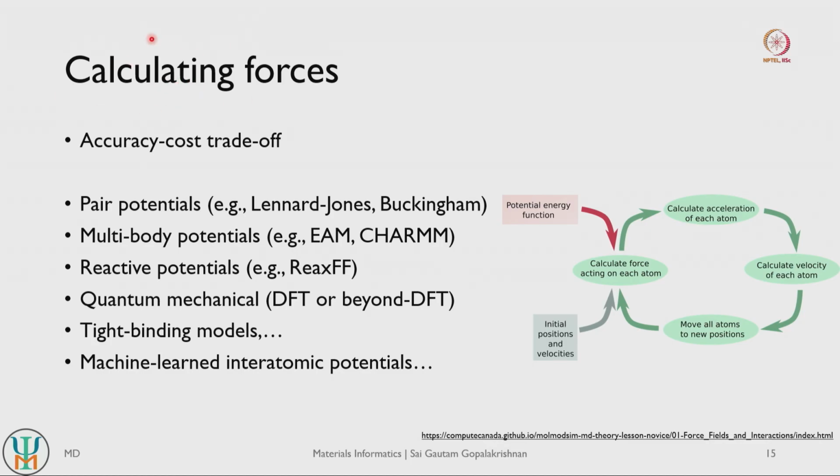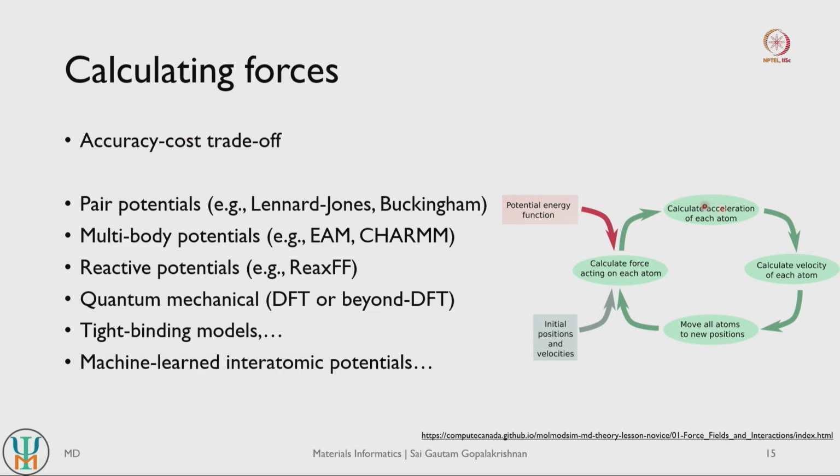So the first aspect that we will touch upon is how do we actually calculate the forces. In the last lecture we looked at the fact that we typically use force fields to calculate forces acting on individual particles, and we did see that there is an accuracy cost trade off with respect to using force fields. So in general the more complex a force field is, the more accurate it can get, but also the more expensive your calculation becomes. And in molecular dynamics generally the most expensive part of your calculation is the calculation of forces on the individual atoms, which is dependent on your force field.